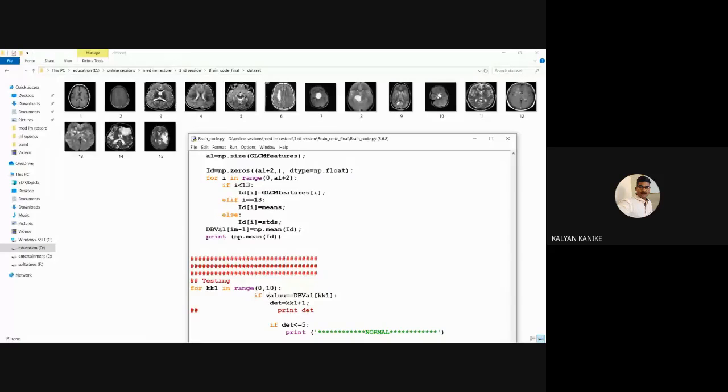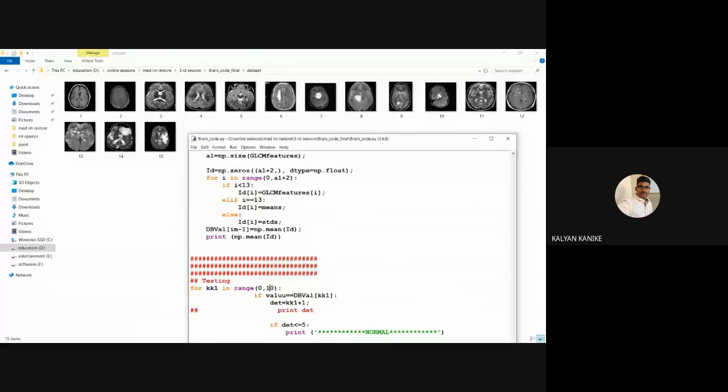Here KK1 means the images in the database. So whenever the input image value is equated to the first image or second image or third, it will increment. KK1 will start from 0, and 1 2 3 4 5 6 up to 10 it will increment.